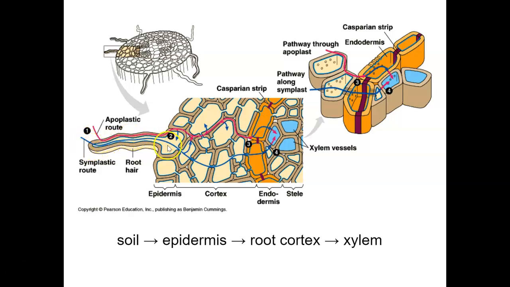And so now it's in a cell and it can just move through plasmodesmata from cell to cell to cell, eventually crossing the endoderm and making its way into the stele. So that's one way, right? It gets checked out right away. Or